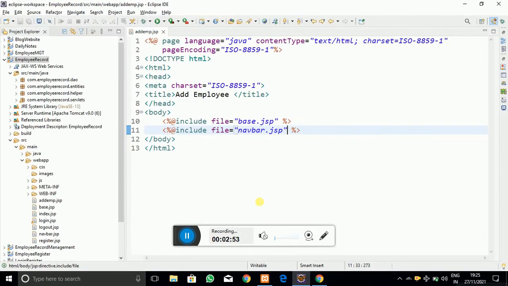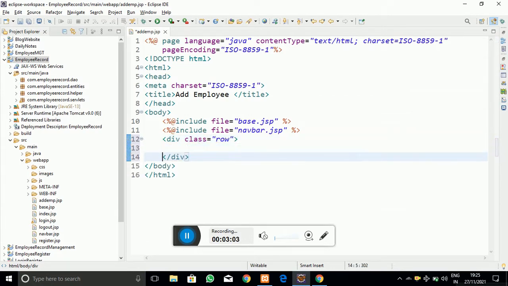And here I am going to create the addition form for adding the details of the employee. I am taking the row class, and into it I have given a column of width 10, which is a Bootstrap class.